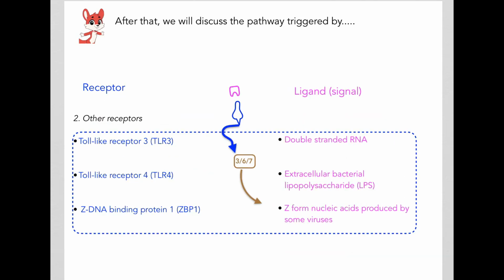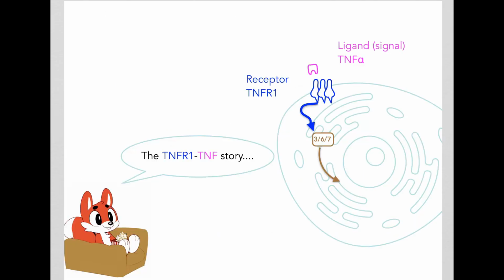And in a future video, we shall look at the other receptors, such as the toll-like receptors, as well as the Z-DNA binding protein 1, which trigger extrinsic apoptosis. So today we will look at this. The TNFR1 is the receptor and the ligand is TNF-alpha, and we'll see how this leads to the activation of the executioner caspases 3, 6, 7, and that eventually leads to